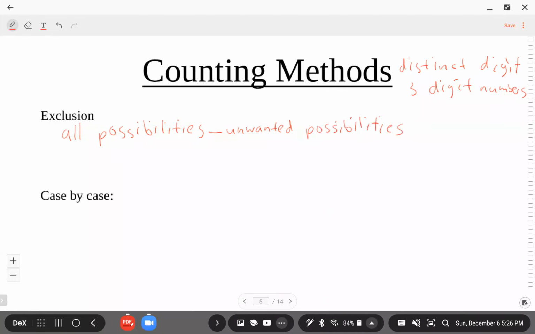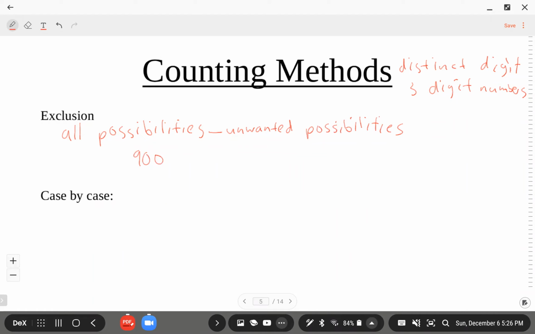So basically, exclusion would be all the possibilities. In this case, all possibilities of three-digit numbers. That'd be 900, right? 900